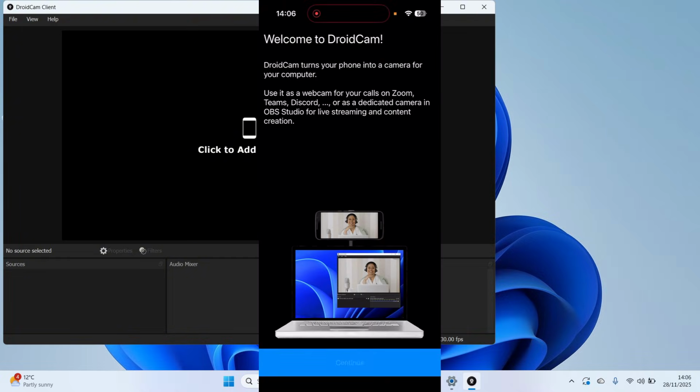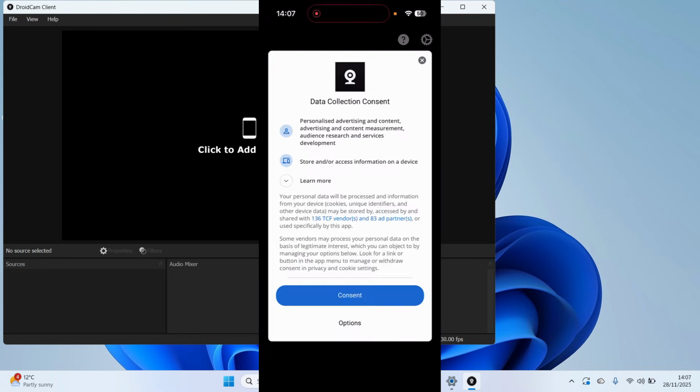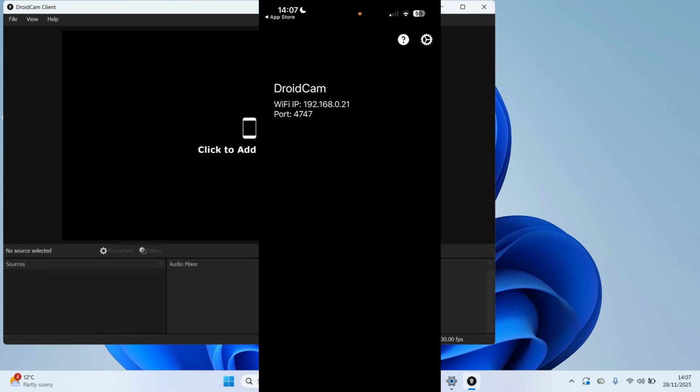You can then press continue, click on OK, and make sure to allow any notifications that pop up. So we're going to allow the microphone as well. You can then agree to the terms and conditions and go and click on allow. Now all you need to do is make sure your laptop and your mobile phone are connected to the same